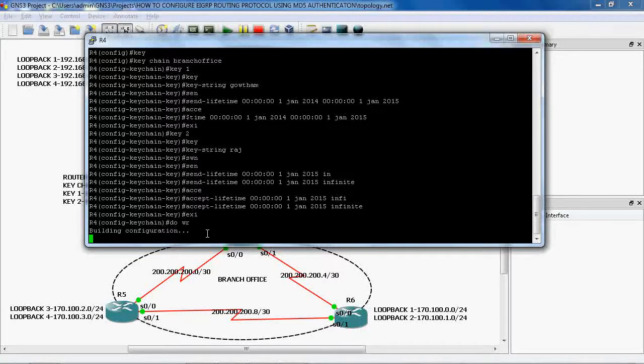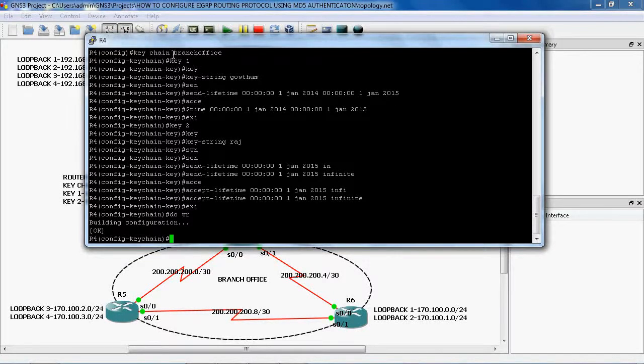Okay, in R4 router also, in global mode, first of all I will create the keychain. So the syntax for creating keychain is key hyphen chain. So the keychain name is branch office. Next I will create two keys. First of all key space 1, then I will mention the name of the key is Gautam. Next I will create this send lifetime and accept lifetime. So send lifetime means